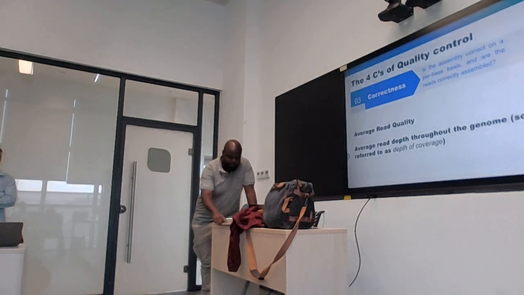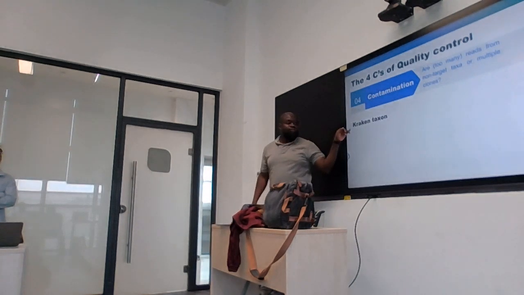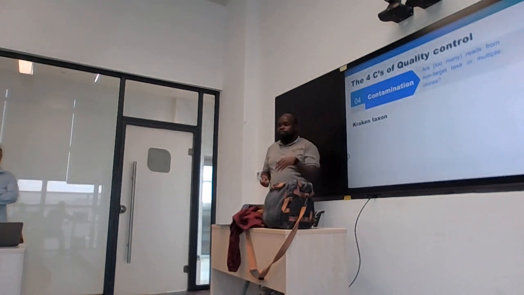The last one is contamination. So we've talked about Kraken, right? So the question here: are there too many reads from non-target taxa? Or do you have multiple clones? For example, you might have,